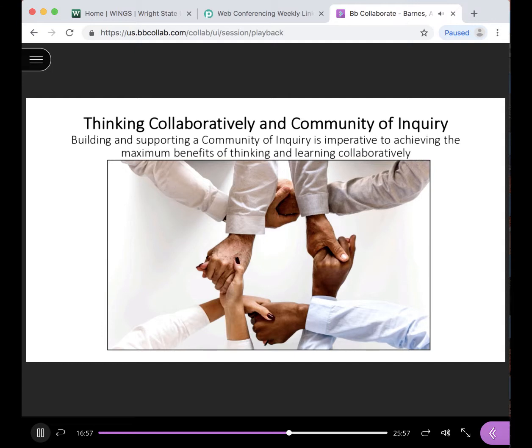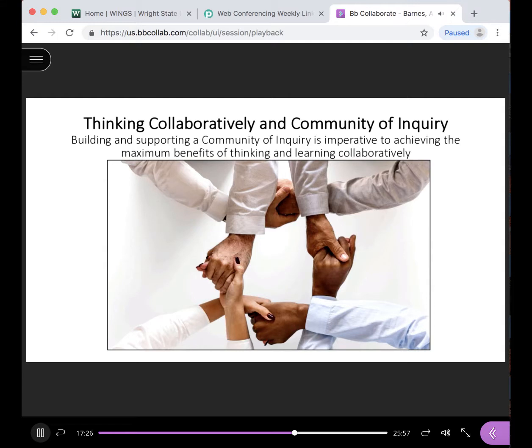Another big point of Chapter 1: thinking collaboratively in the community of inquiry. Just to break down that phrase a little bit, community, obviously you think of a group of people, but a community of inquiry is the group of people that are coming together with the purpose of inquiry. They're curious about something, or they're trying to solve a problem, or